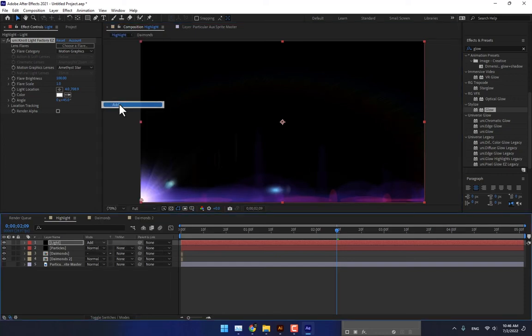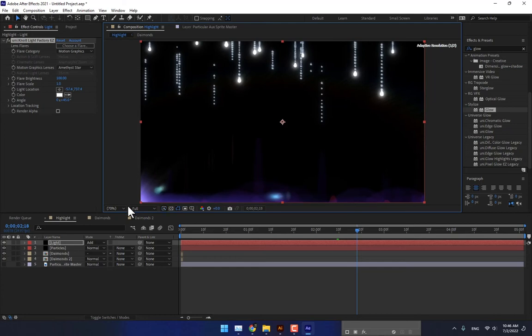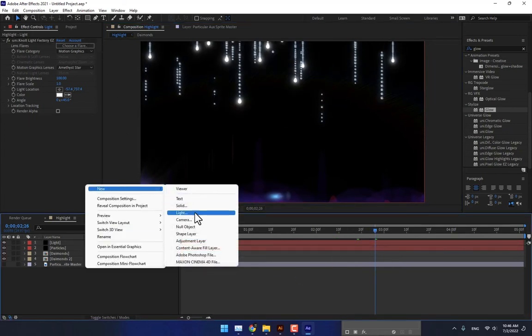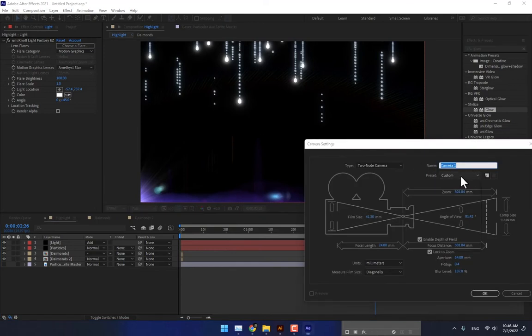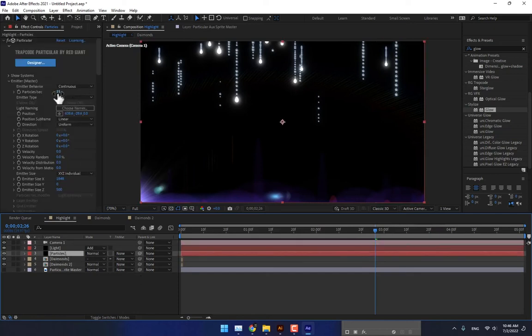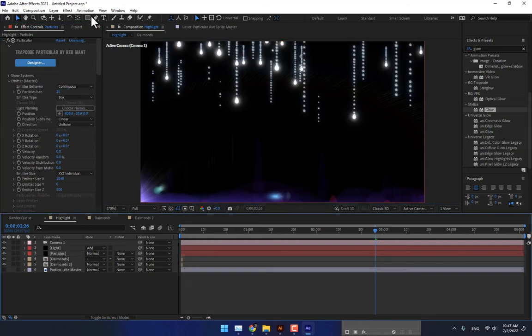Change the mode to add. And create a new camera. Select the lens 28, press OK, and go to particles, change the particles per second rate 25, need more particles, and